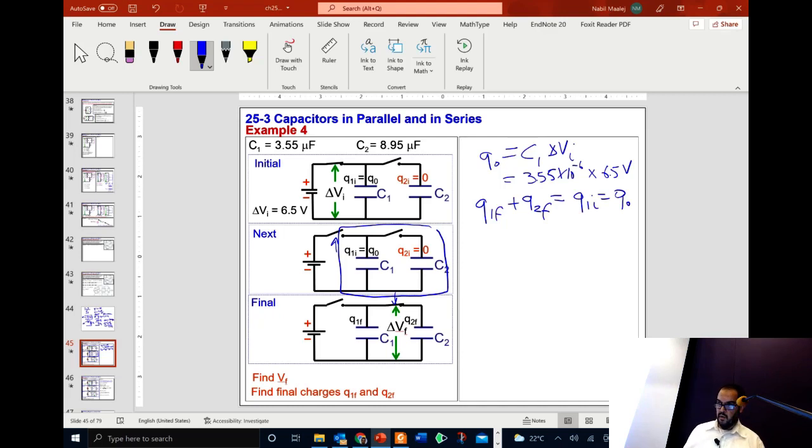Okay, so now we can write what is Q1 final. Q1 final is C1 times delta V final. Q2 final is C2 times delta V final, because that's the potential difference that we have. This is equal to Q1 initial, and we said Q1 initial is C1 times delta V initial. So we can factorize delta V final, and we can find,